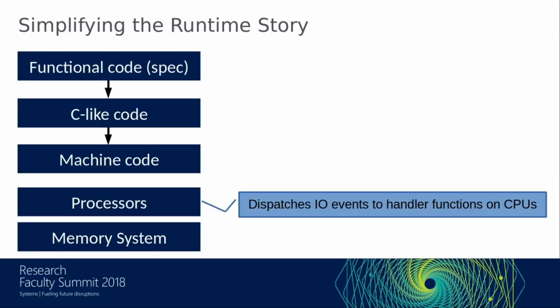It keeps receiving I/O events from the world, and for each one, it knows which function to call in the pile of machine code that we've produced, and that function just runs to the end and decides what to do next, including signaling any response output events that should happen. And it's safe to avoid using interrupts or anything like that here because we did worst-case execution time analysis on all the code, and we don't depend on virtual memory to isolate the different parts of the system because that was all present in the original functional code through object capability system and other such patterns and preserved through semantic guarantees about all the levels bringing us down to this point.